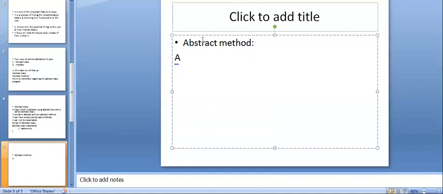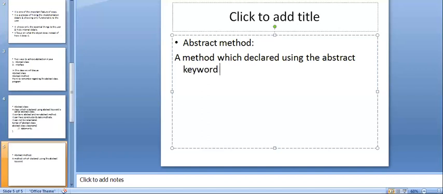A method which is declared using the abstract keyword is called an abstract method.